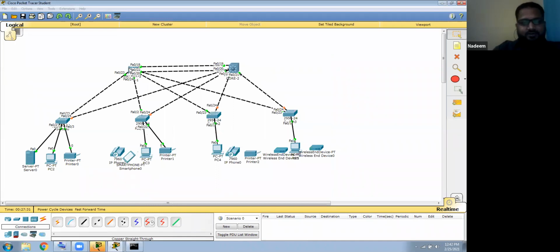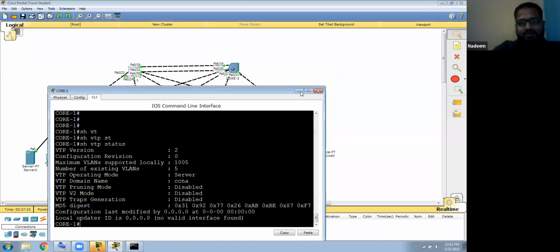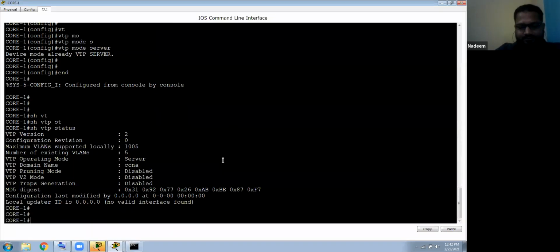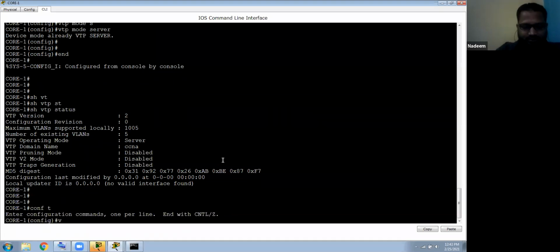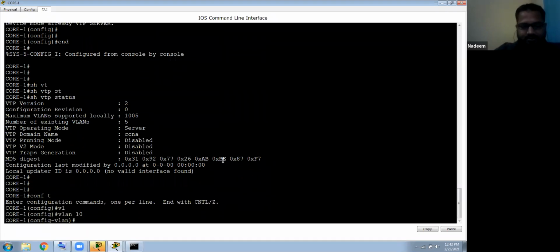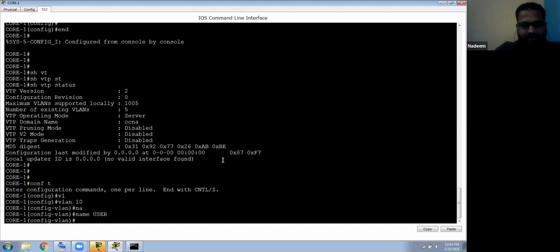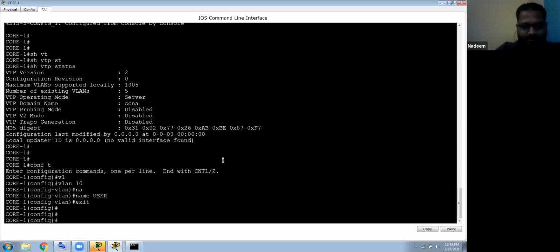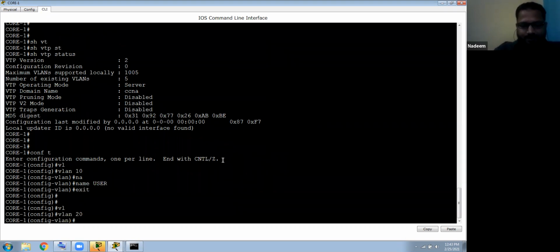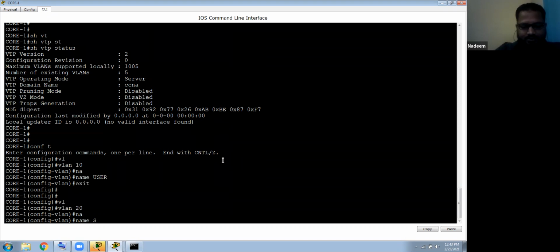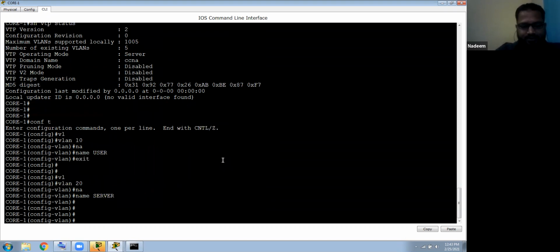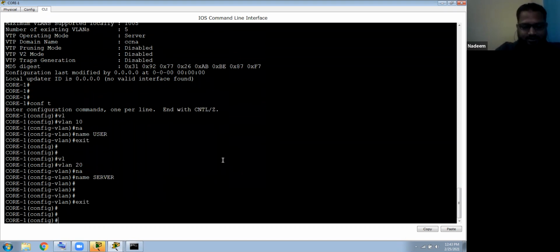So let's create some layer 2 VLANs here and verify that. Here, config terminal, VLAN 10, name, let's say, user VLAN, exit. VLAN 20, name server VLAN, exit.